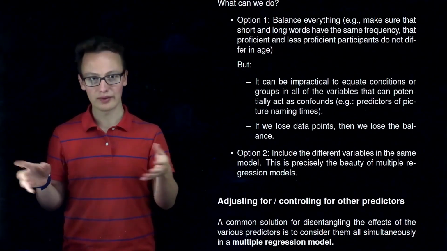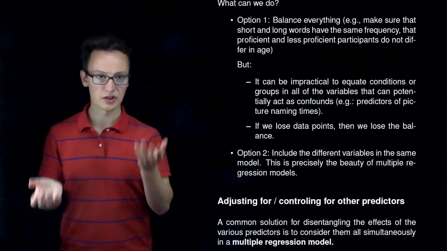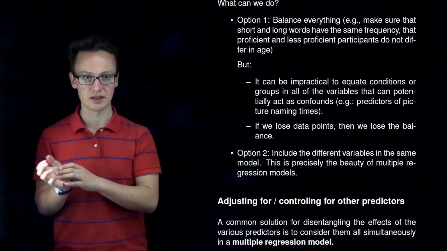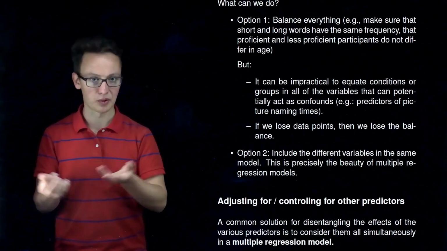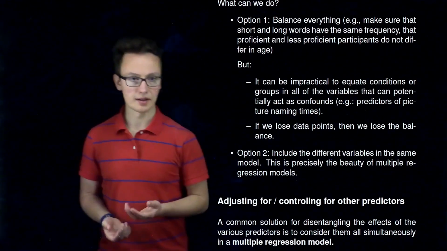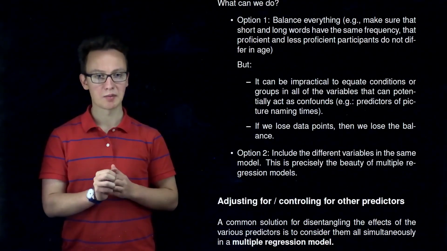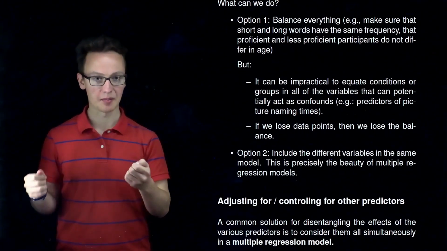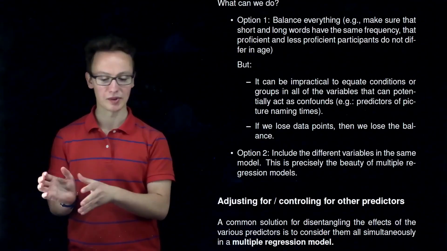And also, if we have a sample where the correlation is still there, let's say two different proficiency groups, and indeed we have the situation that the more proficient ones are also older and the less proficient ones are also a bit younger, we could, when we tested them, see that there is this problem of correlation between age and proficiency. So let's maybe remove some data points in such a way that we end up with a subset of data points where the correlation is not there anymore. Like, let's say we have removed some of the older people from our proficient sample, or some of the younger people from our less proficient sample, in order to restore the situation that there is no correlation in our sample anymore between